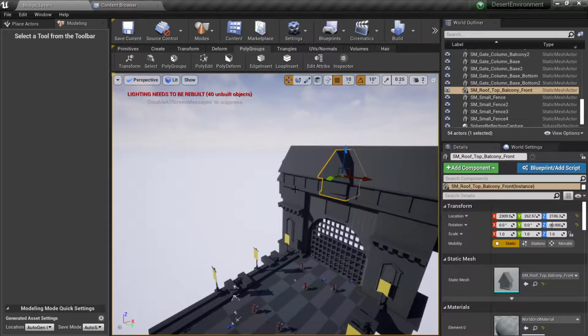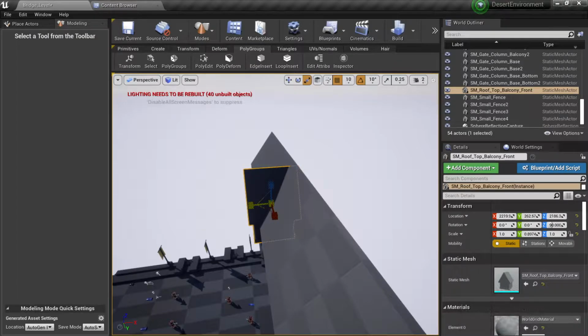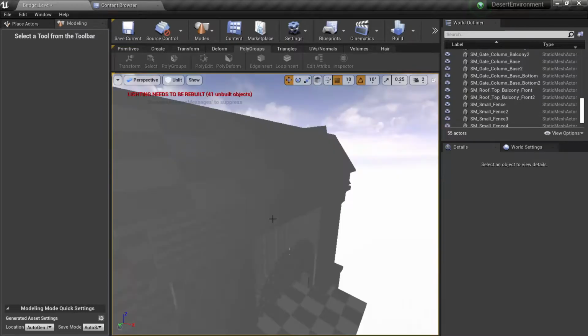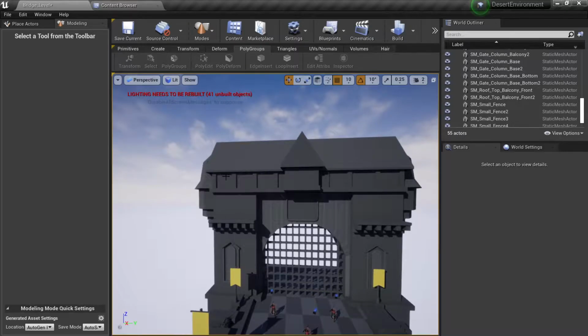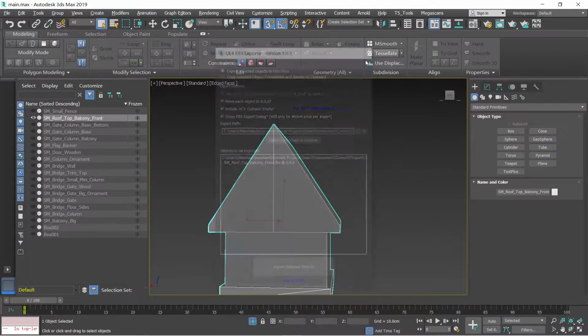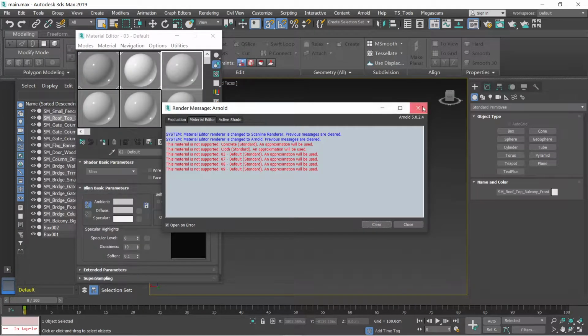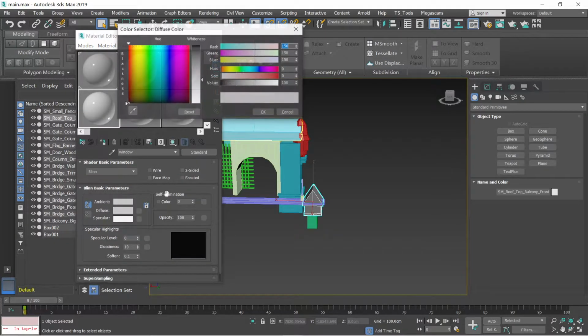And with that one, we have our balcony fixed. And what we need to do is maybe we can scale this one and then just like that, so we can have the other side, which we don't have. So another thing I want to add is some depth into this thing. So what I'm gonna do is to create a new material here. Ignore these errors and then just like window material. I'm gonna put black here,